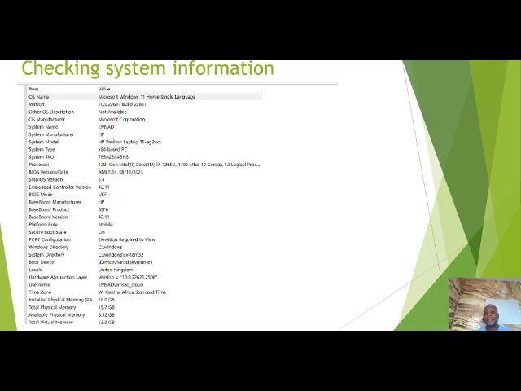If you want to pick up a system, there are some things you need to know, the features of the system, like the one on the screen now. You can see it is Microsoft Windows 11 Home Single Language, an x64 base, HP Pavilion 15 EG, Core i7, 16 gig RAM. So we teach you what things you need to look into when you want to buy a